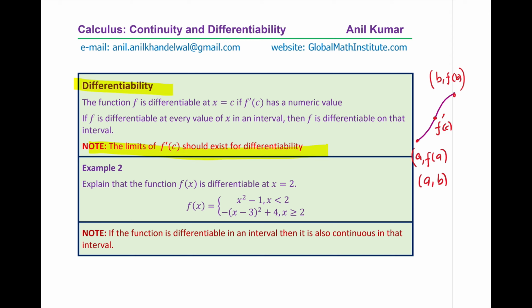And let's also find the limit when x approaches 2 from the right-hand side. So in that case, what do we get? Well, substitute 2 here in this particular equation, which is minus 2 times (2 minus 3), correct? Which is minus 2 times minus 1, which equals 2. Now what we note here is that the limit when x approaches 2 from the left side for the derivative of the function is not equal to the limit when x approaches 2 from the right-hand side for the derivative of the function, and therefore we say it is